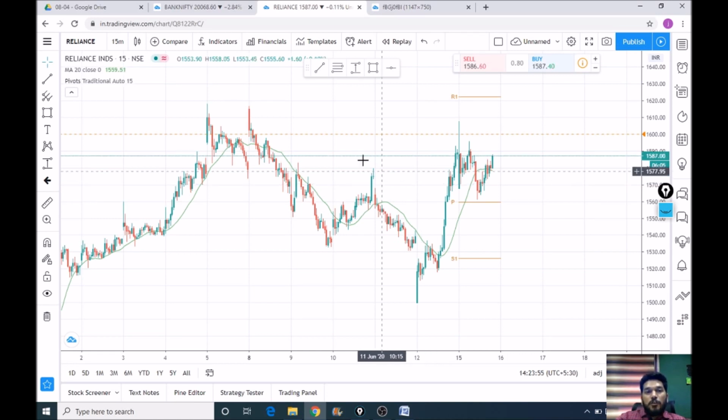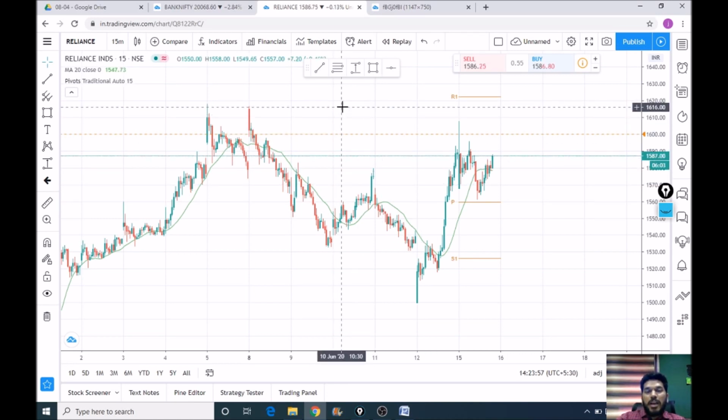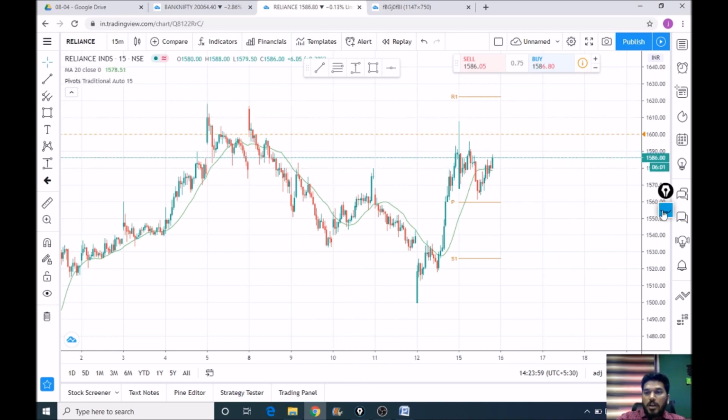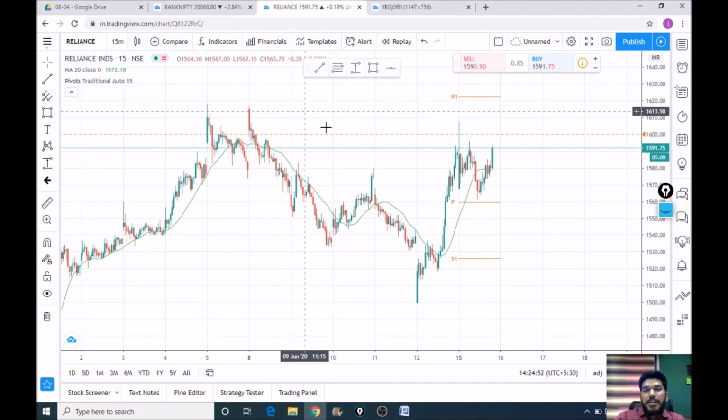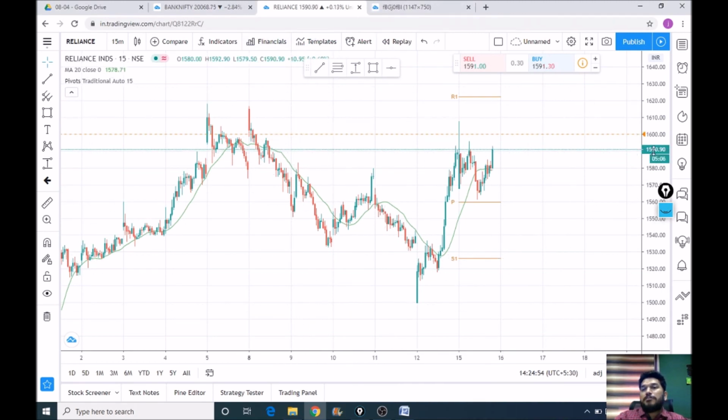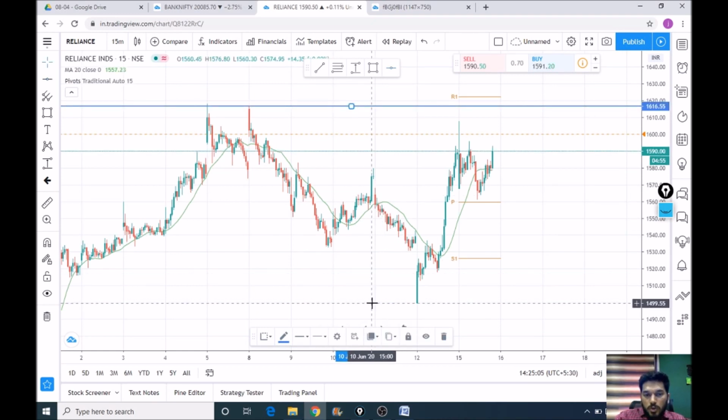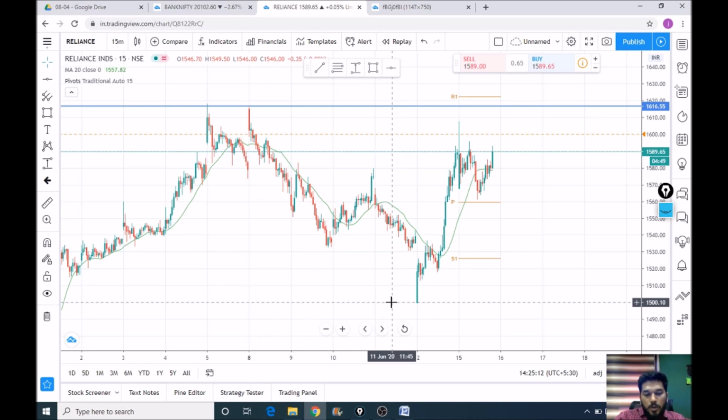Okay, now for example, if you want to use horizontal line, you can always go to your favorite bar and click on it. Now let us learn how to use these favorite tools that we have marked. For example, if you want to use horizontal line, just click on this horizontal line and mark the recent high as a resistance, and also this recent low as a demand zone, that is a support area.